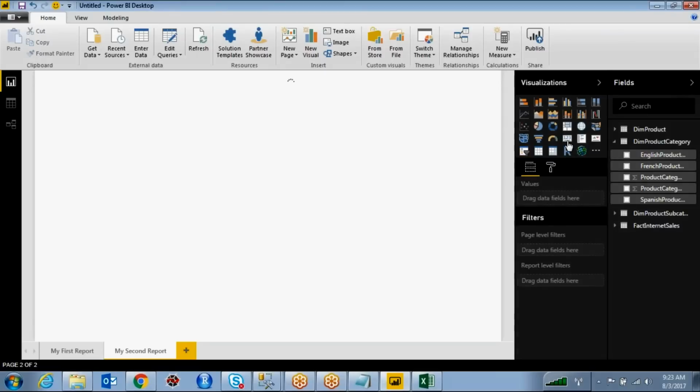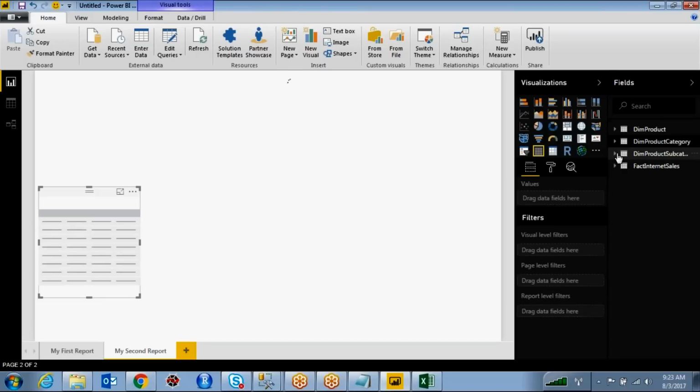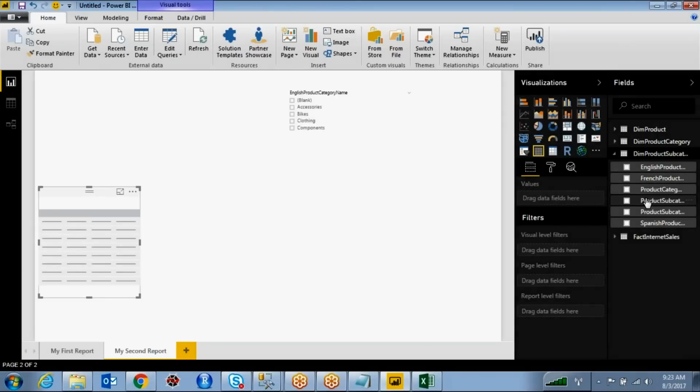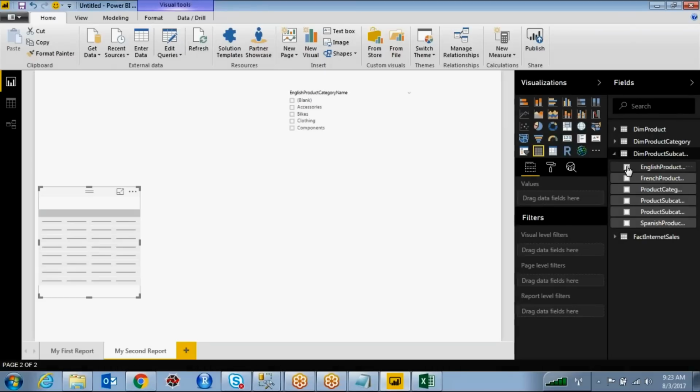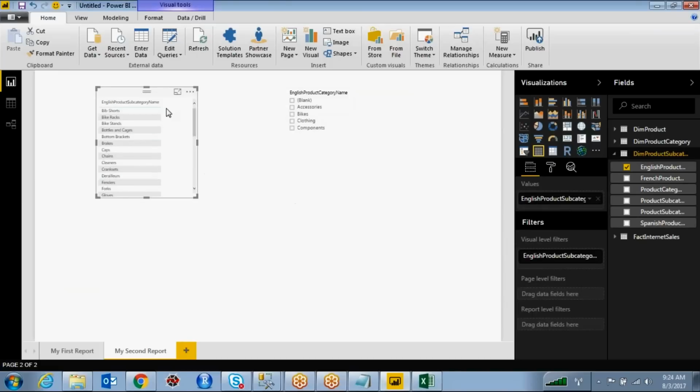Then I'm going to take one table. That table will display the list of subcategory items from the subcategory table. Okay, right. So these are the list of categories and these are the list of subcategories.